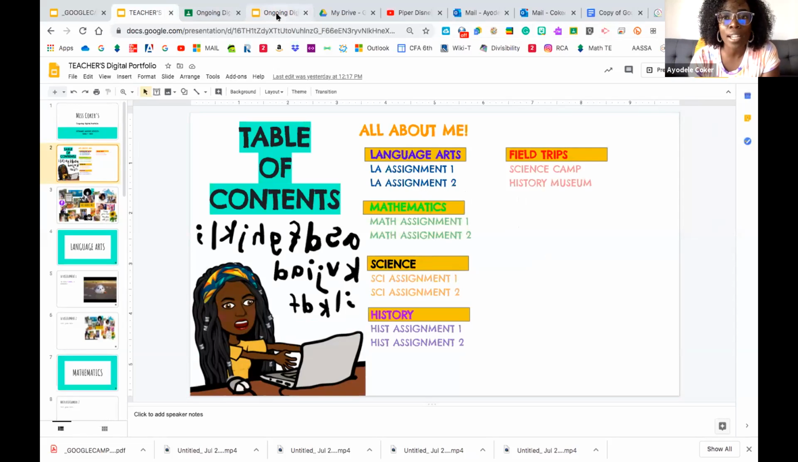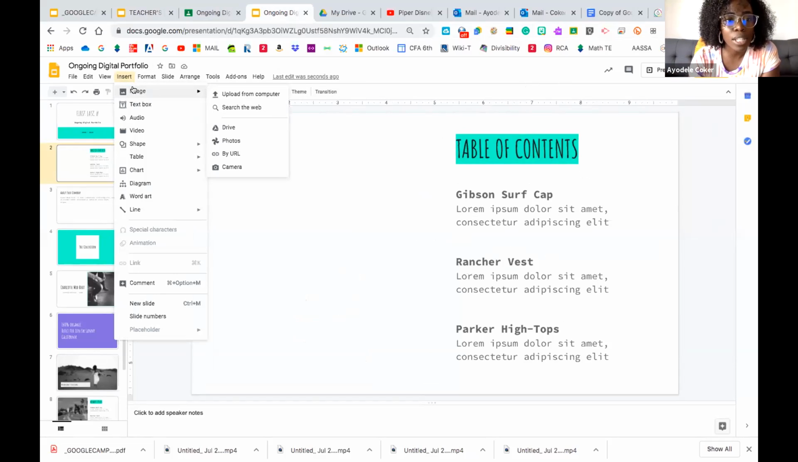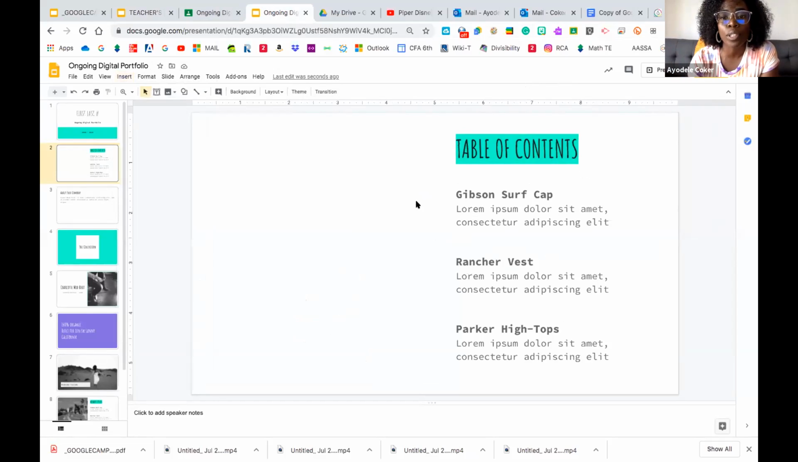So if we go back to our blank template right now, okay, we're here. You can insert a picture, okay? Insert an image, upload from your computer or search on the web, okay? And the web is already filtered to have photos that are free enough for you to add to your digital portfolio. If you know about Google Chrome extensions, there is a Bitmoji extension that you literally just Google Bitmoji extension for Chrome,